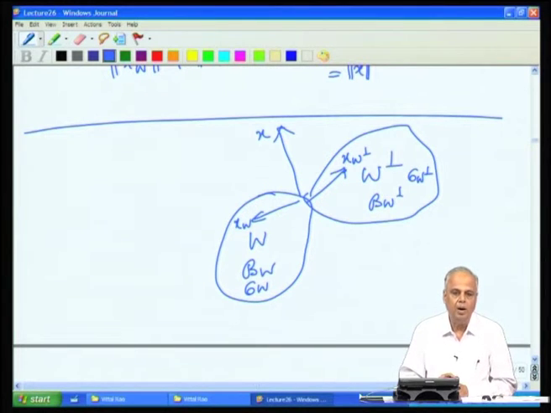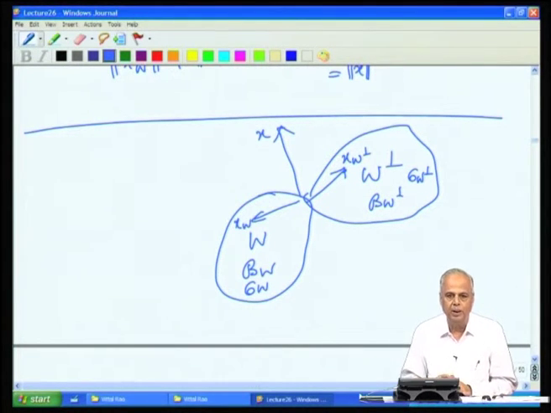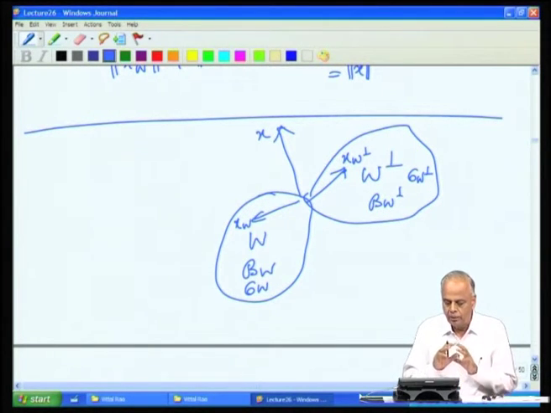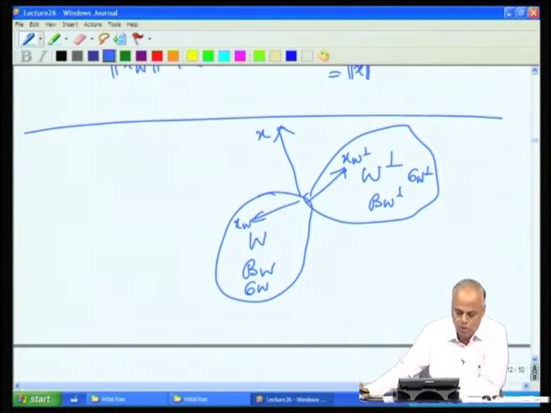means that in order to study the whole space, we can split the study into two parts, the study of W and the study of W perp, because now every vector is split into two parts, every basis is split into two parts, every orthonormal basis is split into two parts. Therefore, the vector space is made up of these two pieces, W and W perp. Knowing W and W perp, we can analyze the whole space.